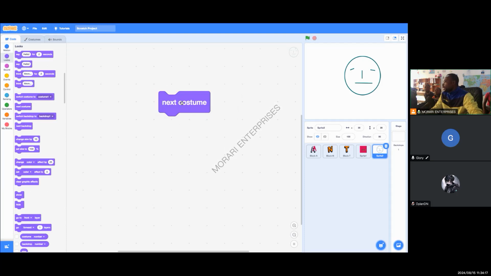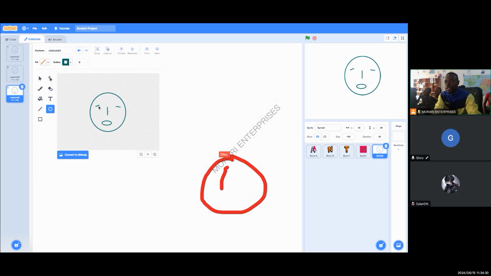Or he's eating something, yeah? He's talking. Then if you also want to change the eyes, it's also good, so that when you are talking, your eyes are not just one type of eye. You come to your costume and you click on this eye, and then you can decide to flip it, flip the eye, and now it's different. It's looking up. You click on this one, so you flip it,